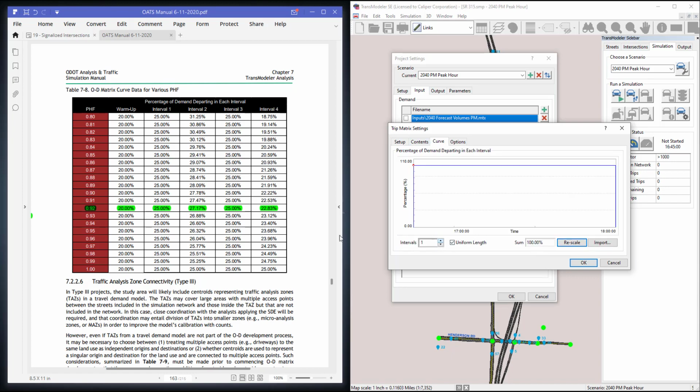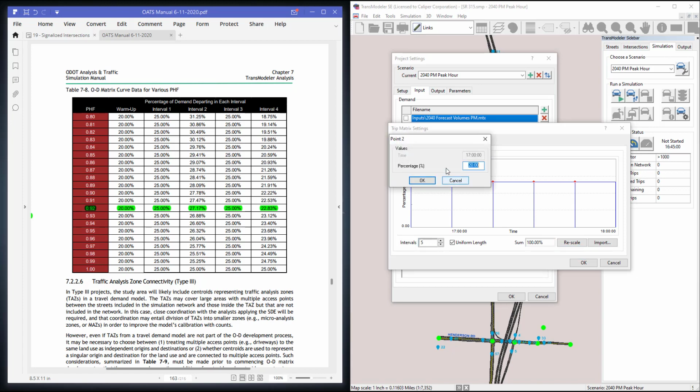What we want to do to represent this distribution of demand percentages is convert this back to what was shown initially, where we have 5 intervals. And you'll right-click those points that separate the intervals in this graph and then set them to the values shown in the table here on the left. So the second interval here